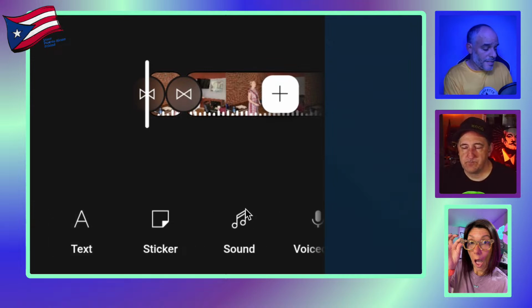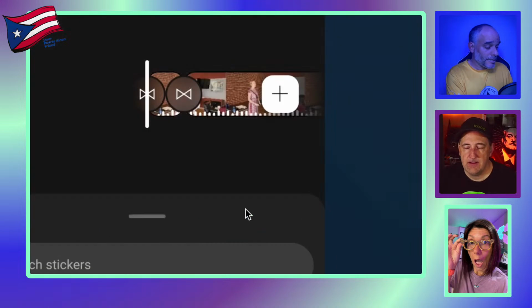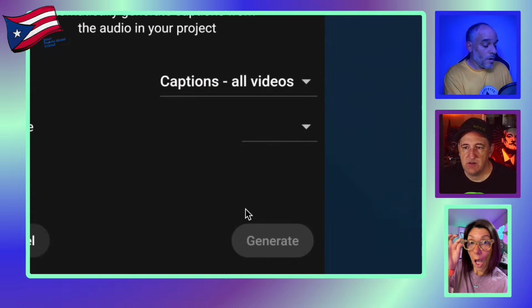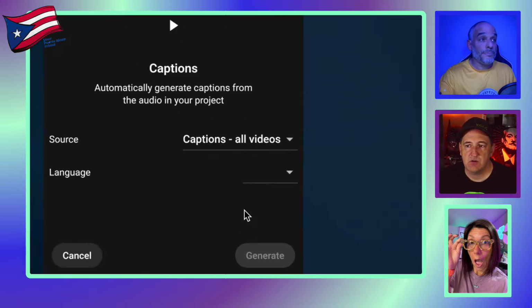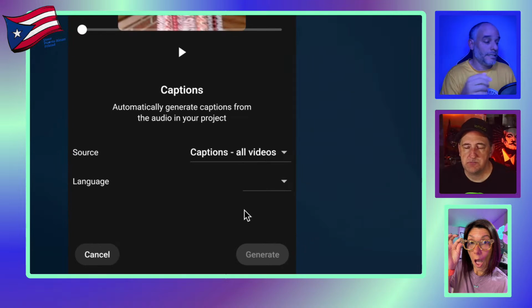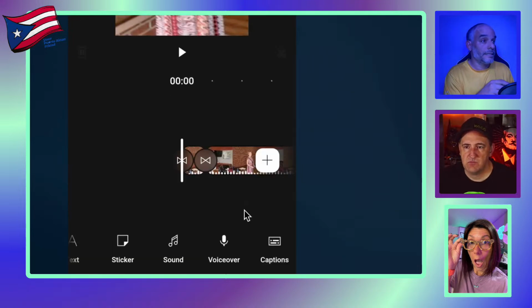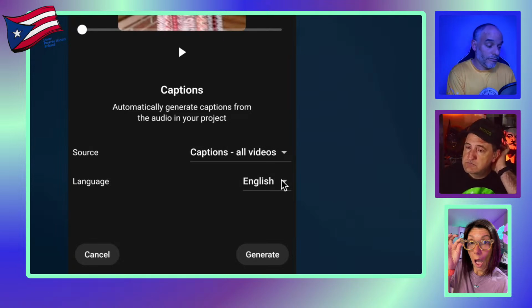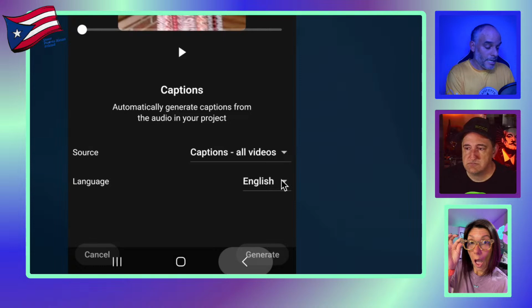So when you're thinking about the different things that you can do, these are key things. Let's go back here. When you're adding your captions, you can add your captions. Let's make sure we saw how we got there. As part of the bottom selection part, you can add some captions, okay? And choose what language it's going to be in, and caption all of the video, or do captions with a voiceover, and then you can easily generate it, and then you're on your way.